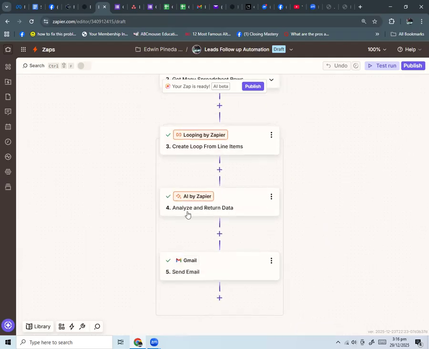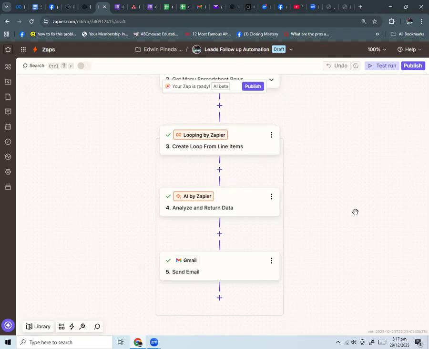After that, I put an AI by Zapier. This will allow me to write content, or follow-up emails, or sales messages, or everything that you want to write, not on your own, because we're using AI. You don't have to think about what you have to tell your prospects.